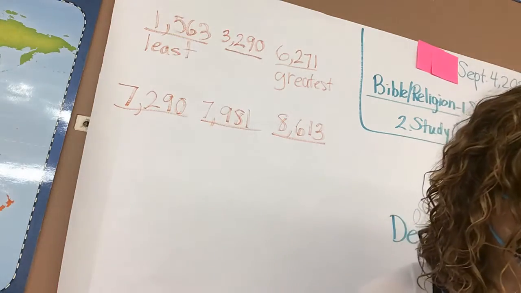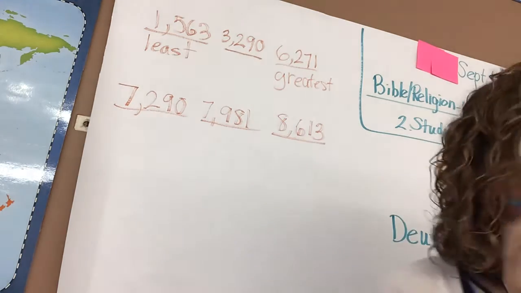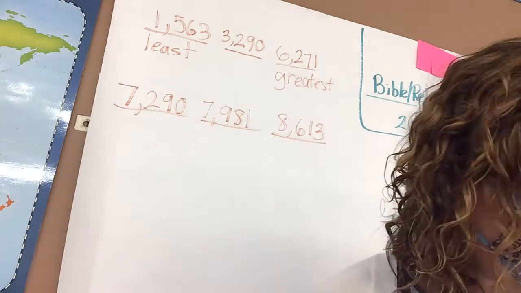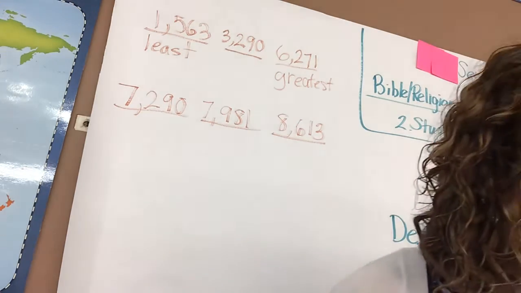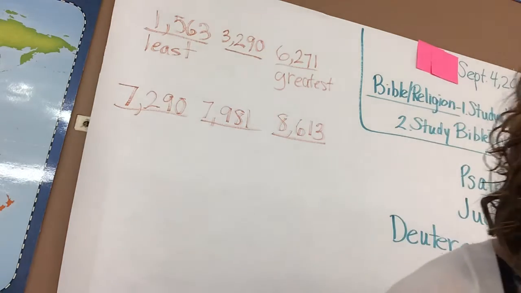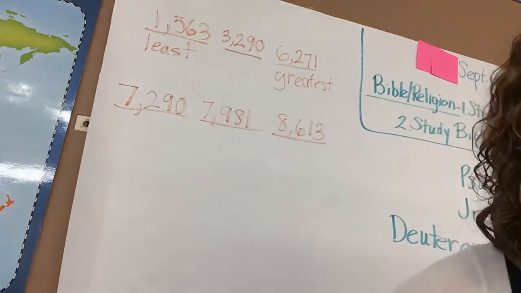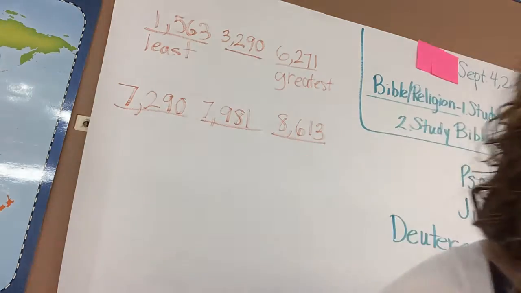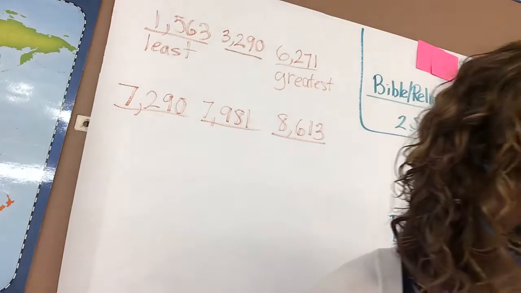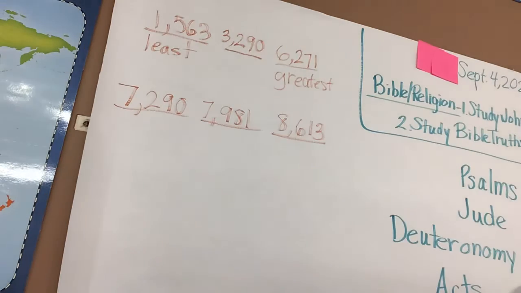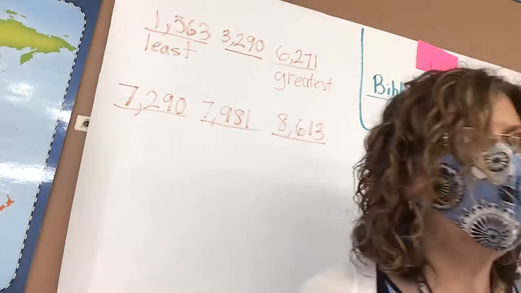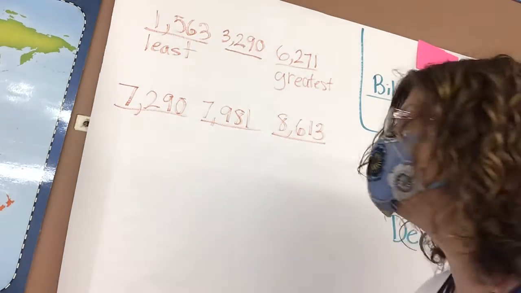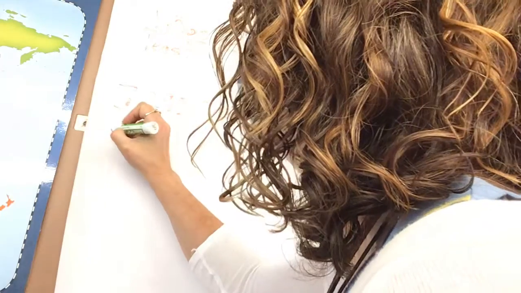All right, let's go ahead now and start saying number 3. First one, 1,230, then 1,130, and then 1,030. All right, they all have 1,000, so we can't look there. So we look at the hundreds. Which one's going to be first? The one with a 2? No. The one with a 0 in the hundreds. 0 hundreds is the least. So what are we going to write first? We're going to write